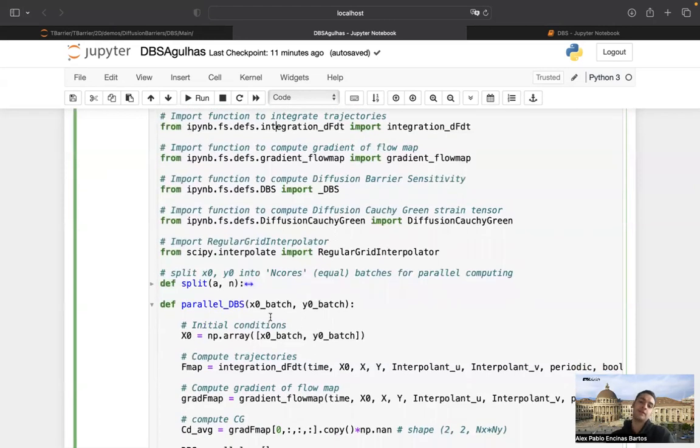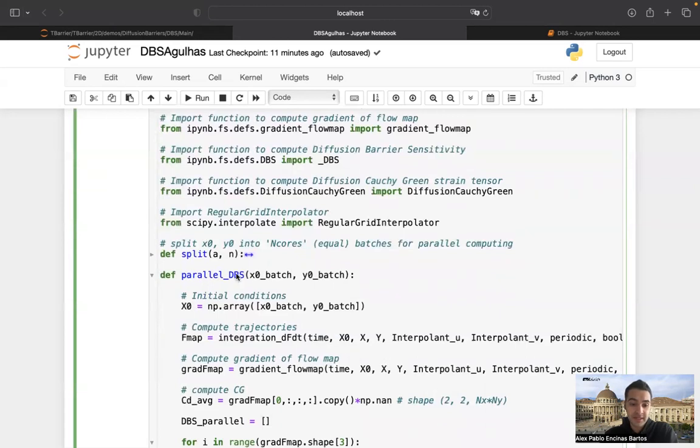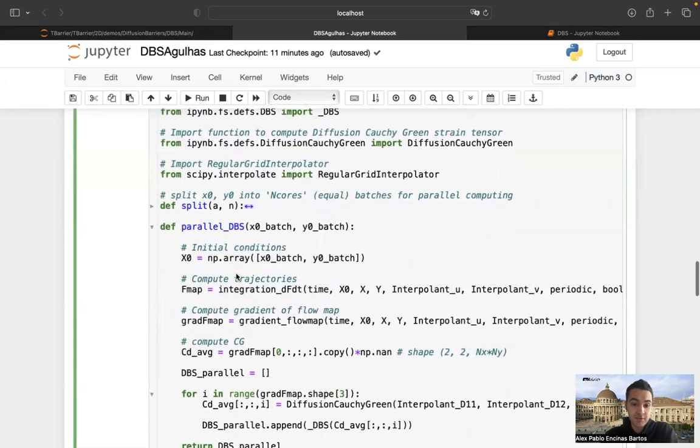So that's why basically I take all initial conditions, vectorize them, and put them into different batches. And once I've done that, I compute this DBS for each initial condition. So I compute the diffusion barrier sensitivity for each initial condition. In order to do that, I simply first need to compute the gradient of the flow map. This part